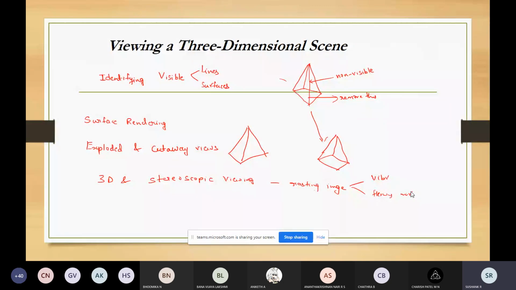How does this method work? First, the view will be obtained by reflecting a raster image from a vibrating flexible mirror. The vibration of the mirror will be synchronized with the display of the scene on the CRT.